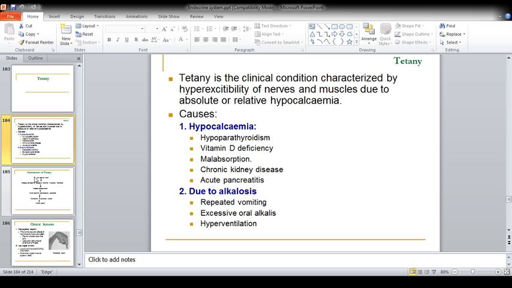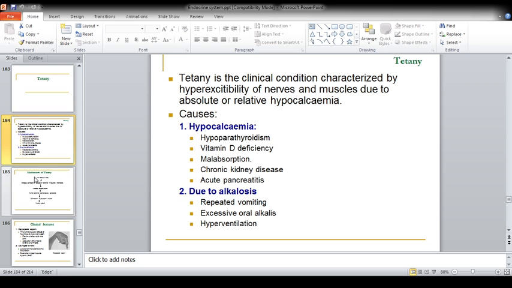This is the same thing that can happen in tetanus infection. In tetanus, there is a toxin that is produced by Clostridium tetani. That toxin is producing hyperexcitability of nerves, whereas in hypocalcemic tetany, the same hyperexcitability of nerves is occurring due to